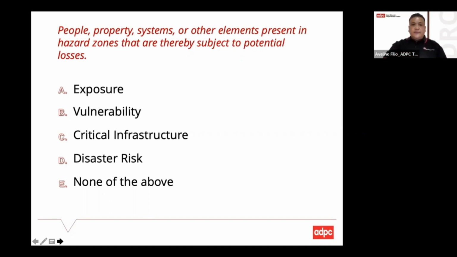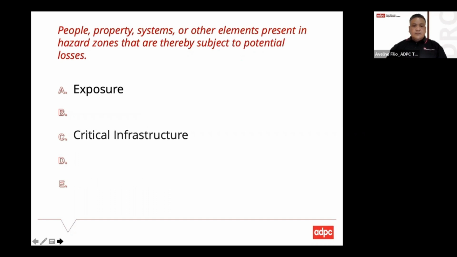Still tricky though. I'll give you 5 seconds. So let's see what your response is. Exposure. Right? As I earlier said, we will go back to these terms as we summarize,